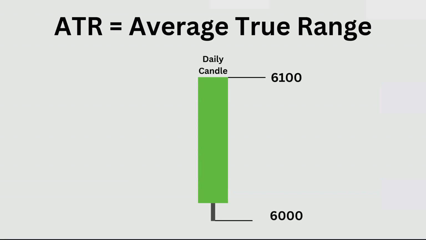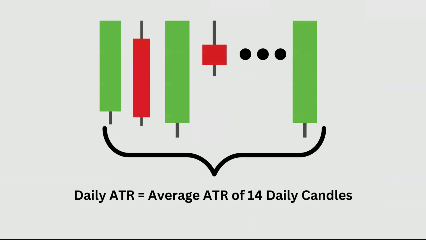So for ES, this was 6,100, for instance, and the low of the candle was 6,000. So the difference between the high and the low of this daily candle was 100 points. So the daily ATR considers 14 daily candles. The difference between the high and the low of 14 daily candles, it averages, and this is the daily ATR